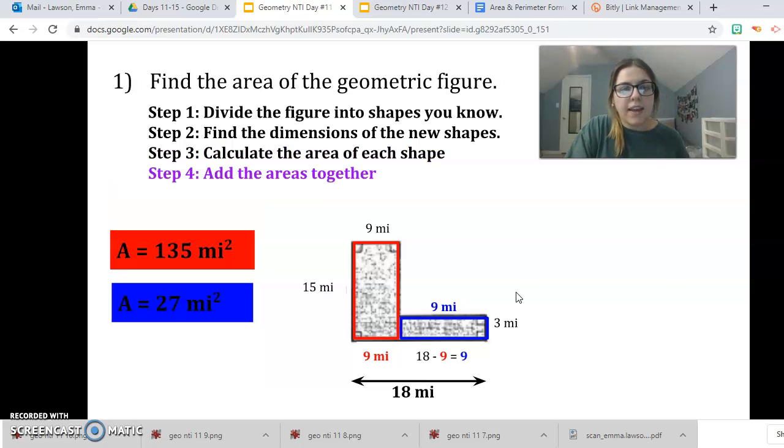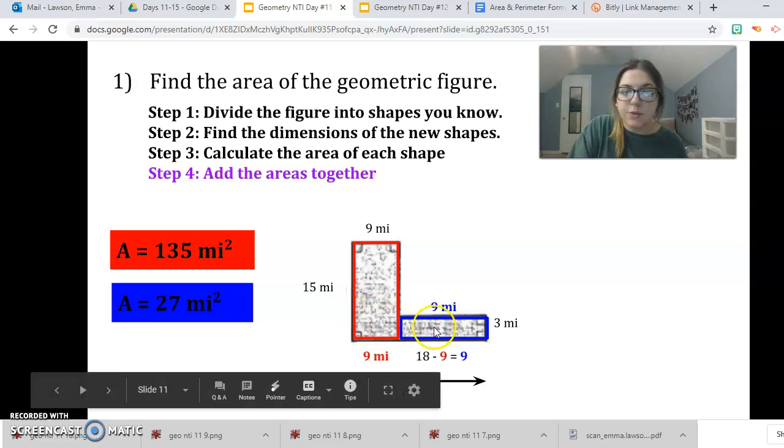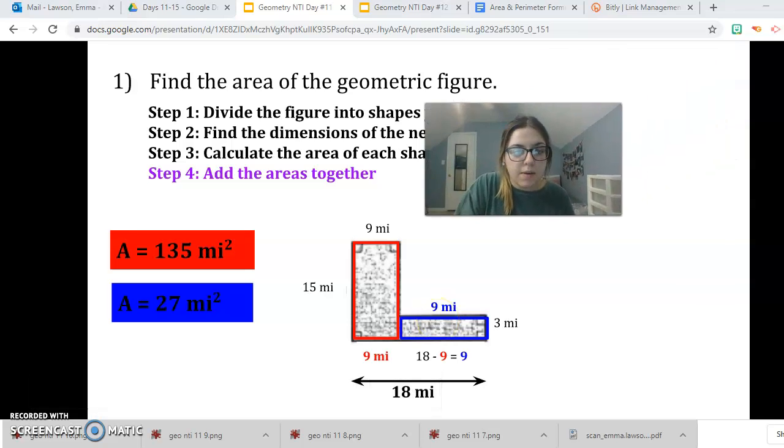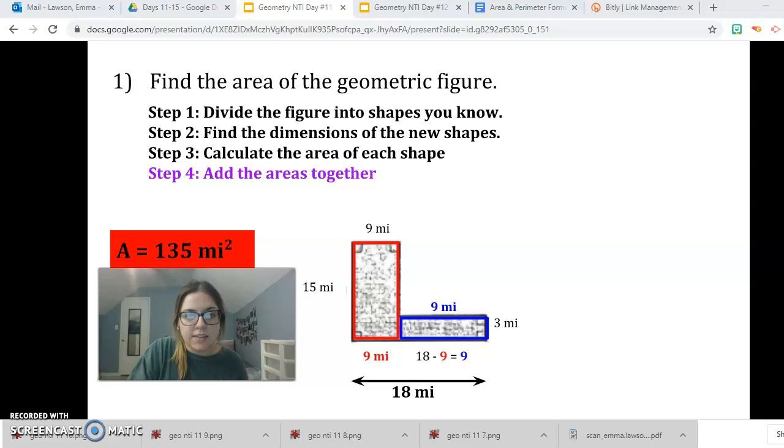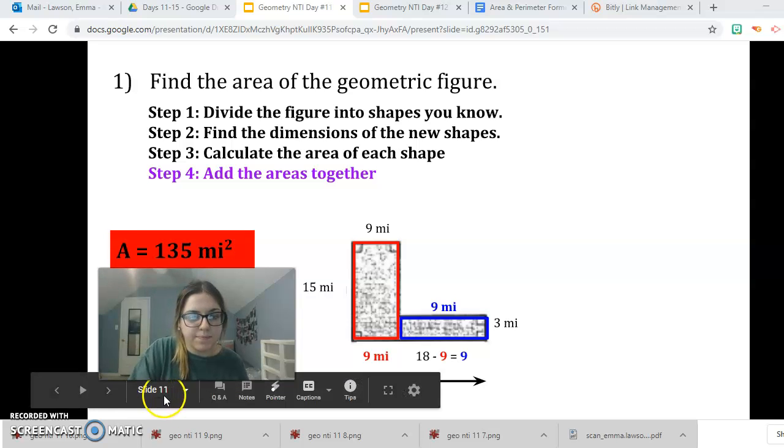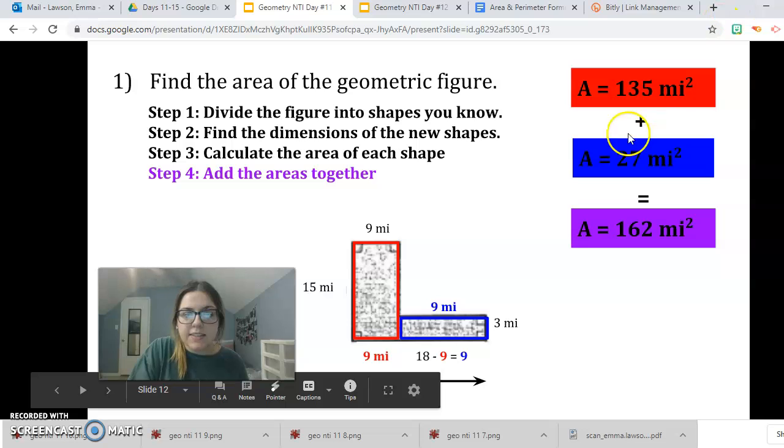Right? And my 4th step is to add those areas together because those 2 areas make up this whole entire shape, right? So we just have to add them together. So my last step here is to add 135 plus 27, and that's